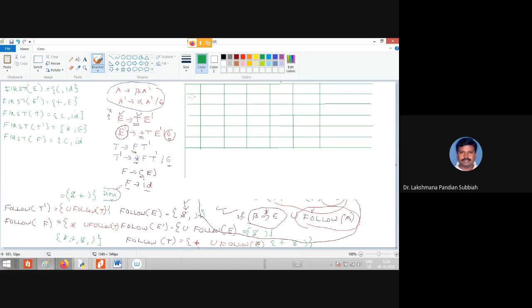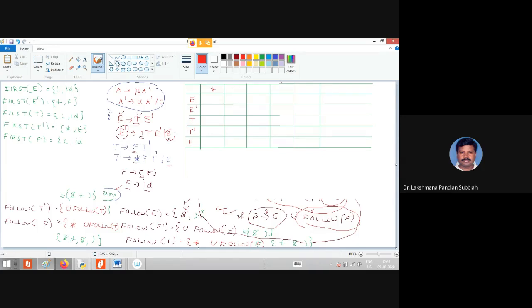To put all non-terminals in the row-wise: E, E dash, T, T dash, F. Here you have to put the terminals: star, plus.